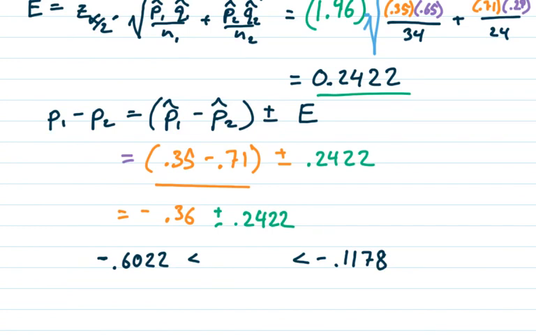And so this translates into our 95% confidence interval of negative 0.6022 all the way up to negative 0.1178 for the true difference in these two population proportions, so P1 minus